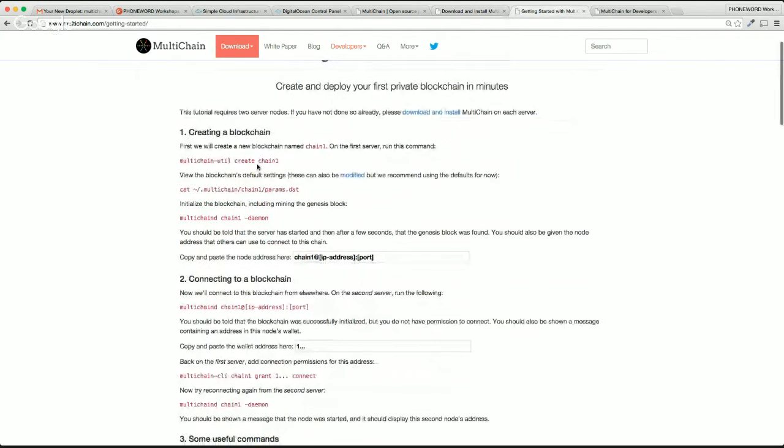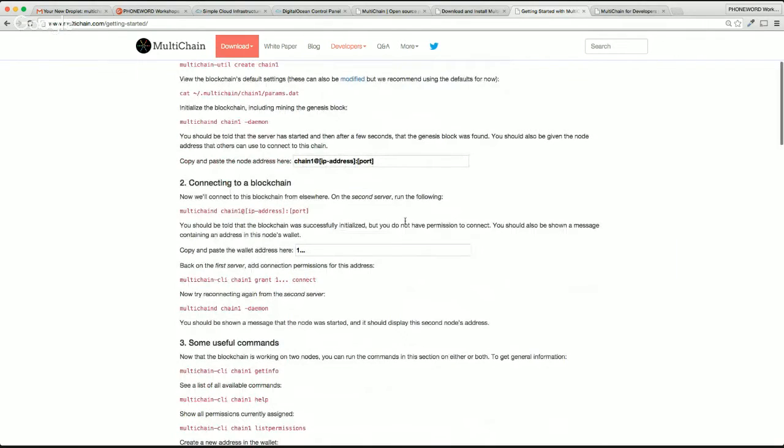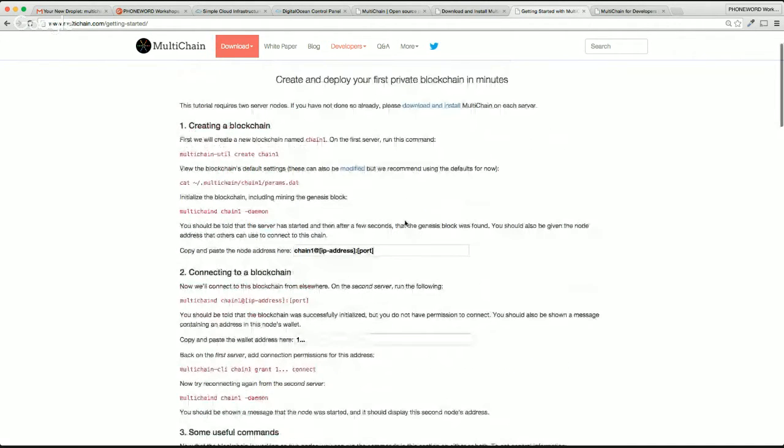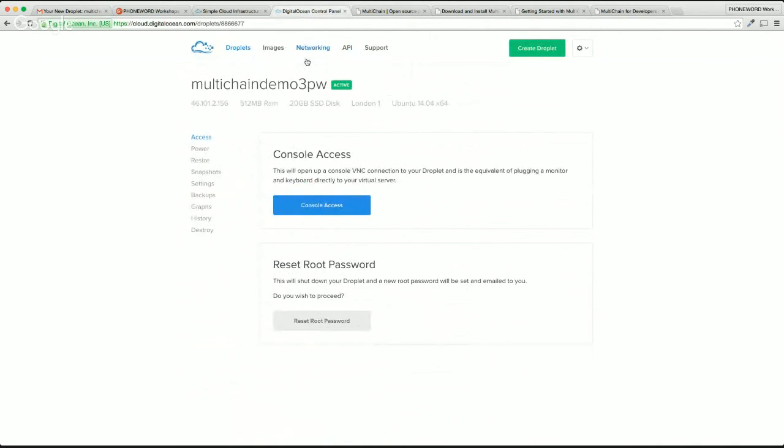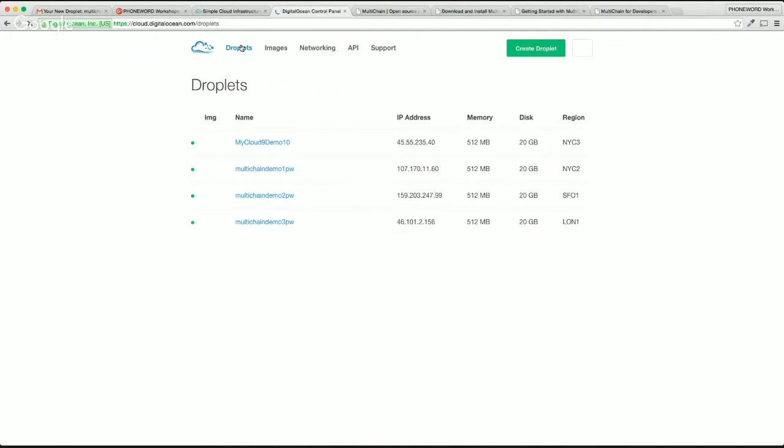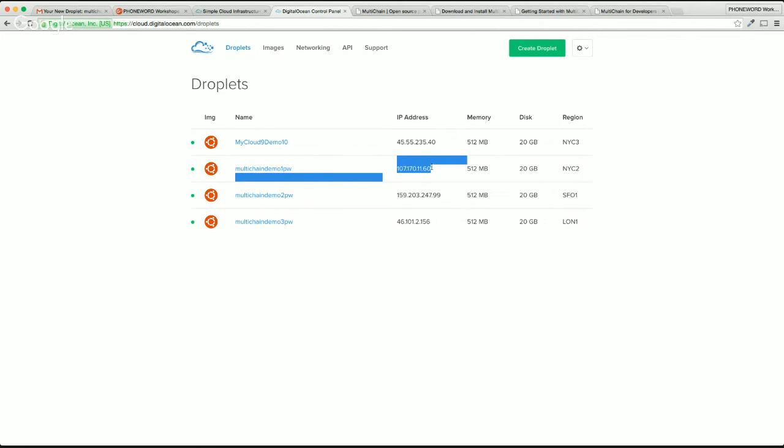And we already did this. We created chain1 on the first server instance on DigitalOcean, so we're not going to do this again. But what we are going to do is SSH into the other nodes so that we can watch what's going on with the other two nodes. So here's our node 1 that contains the original blockchain that we created, and we're going to SSH into this one by copying this IP address